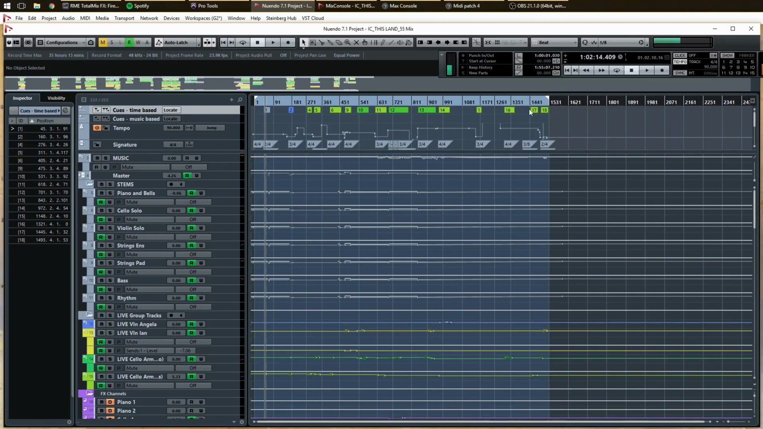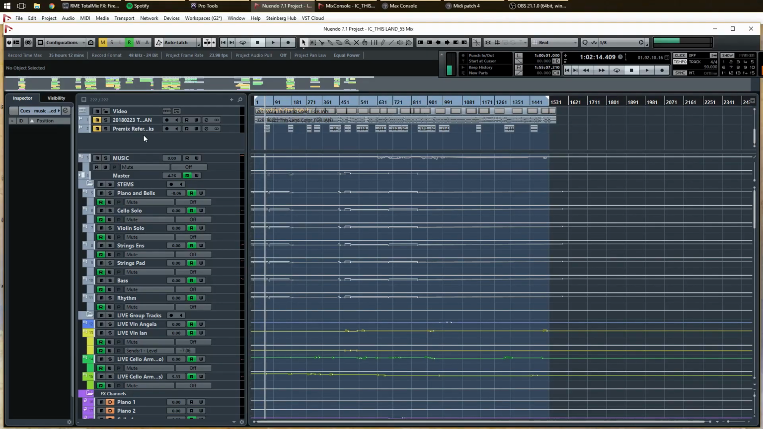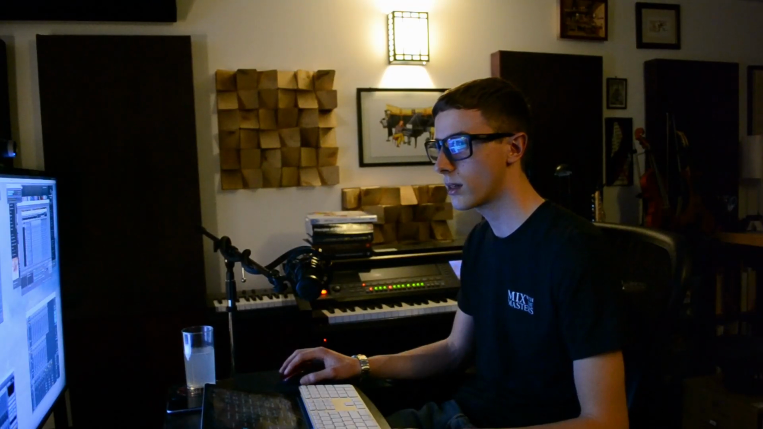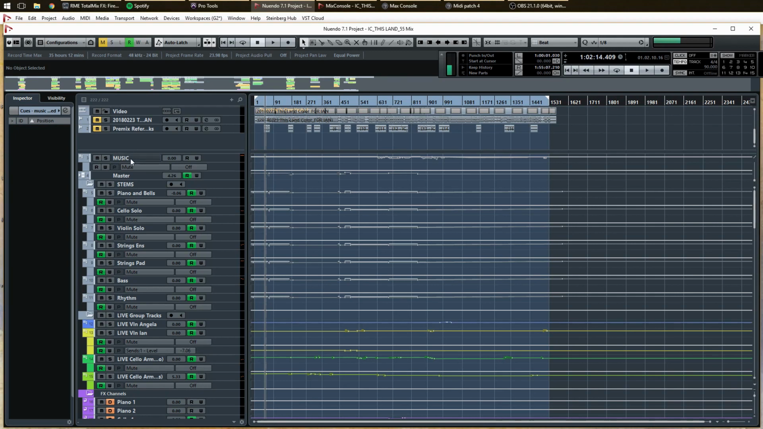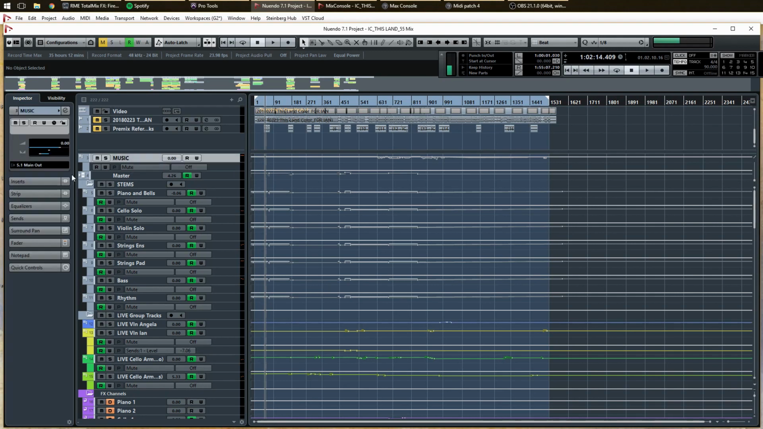Starting from the top, we have a marker track just showing each cue. Then we have the video followed by the dialogue and effects. And lastly up here we have Ian's ref mix, which is basically just how he had it when he first sent it to me. Continuing down we have the master music bus, which doesn't have anything on it, followed by